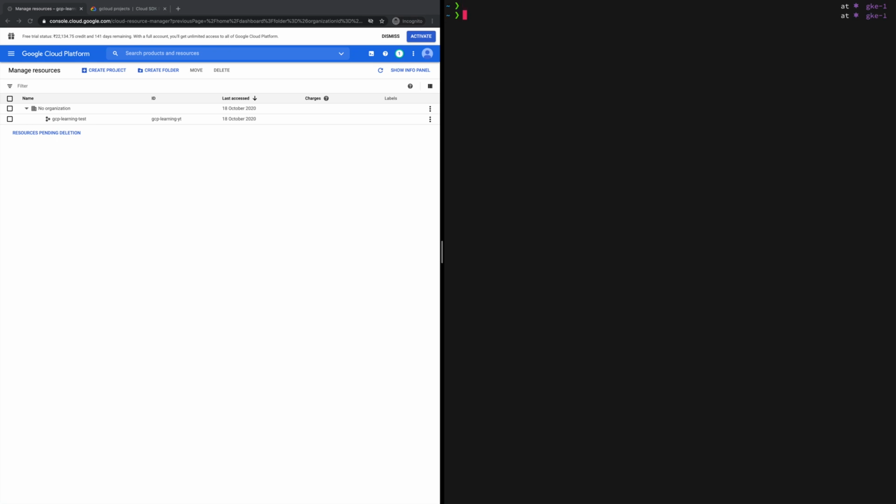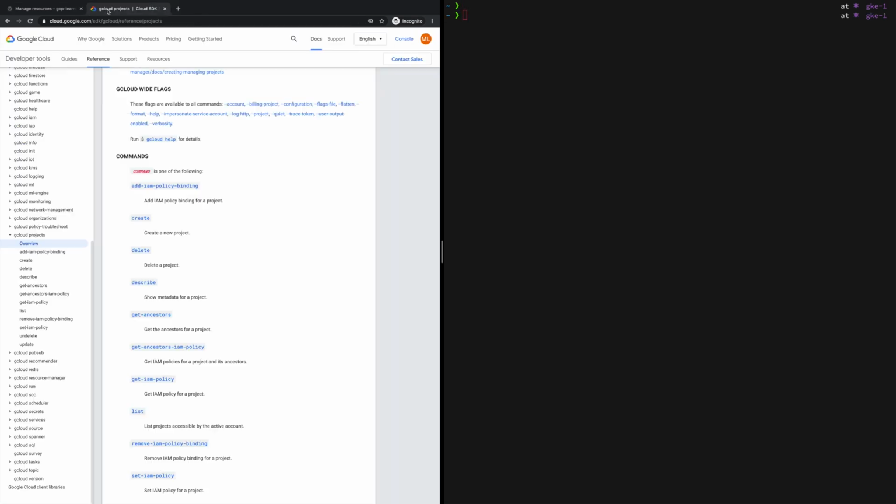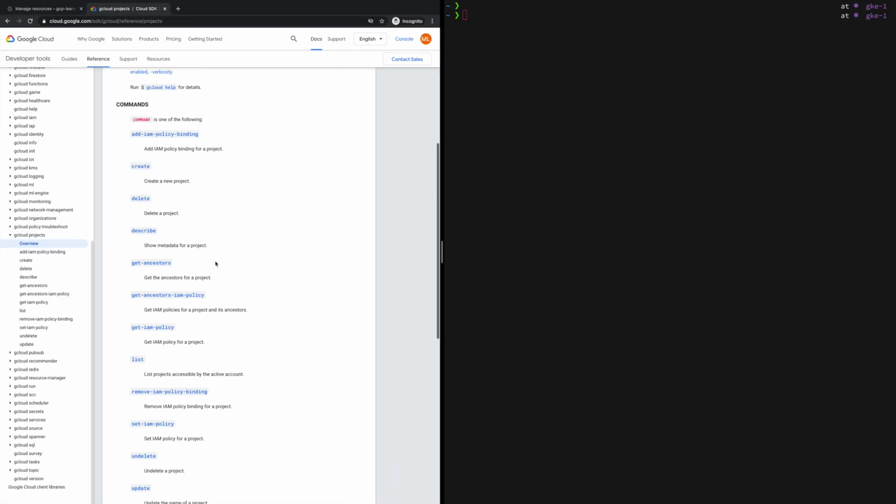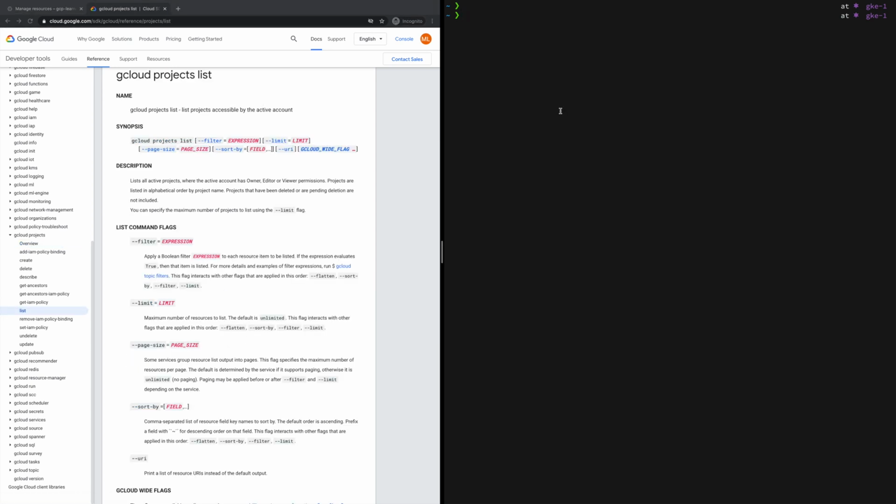First we are going to see a very simple option called list. This is a very simple command, gcloud projects list. It will list out all the projects available inside our Google account. It will show the project ID, project name, and project number.